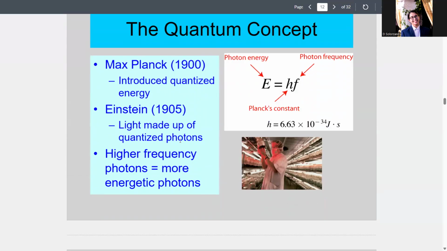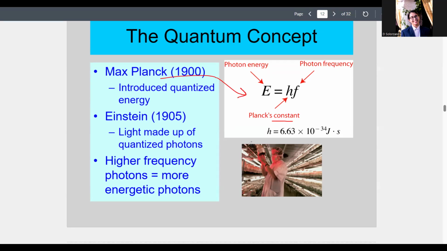This is Planck's equation that Max Planck introduced, and he also has his constant here. So this is his equation, and that's his constant. Just know the equation. I acknowledge that we did calculations in class, and I realize now that you guys don't really need to do that, so we won't be doing that.